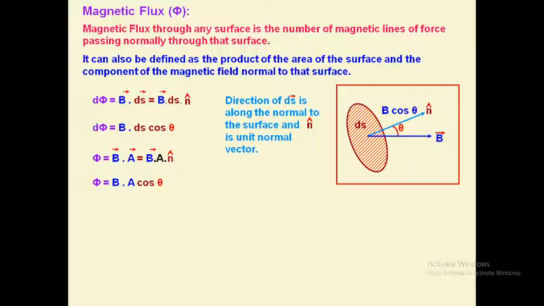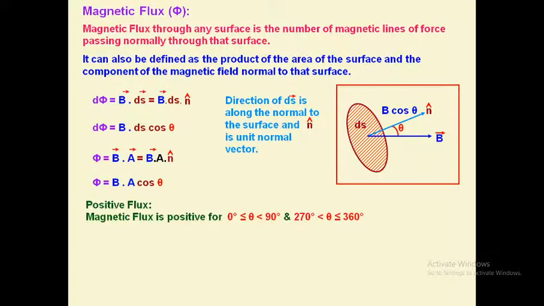or if the magnetic field is uniform throughout the area, then you can simply say the entire magnetic flux phi. Earlier we were saying d phi, a small amount of magnetic flux linked with a small surface. So the total flux you can also write as B A cos theta, where B is the magnetic field, A is the area and theta is the angle between magnetic field and area vector. So flux not only depends upon magnetic field and area but also depends upon angle.